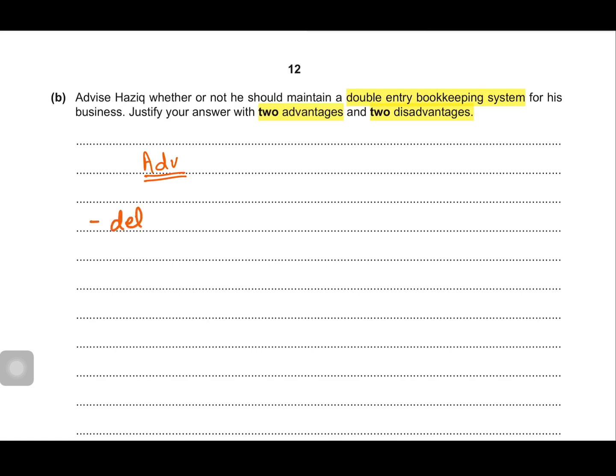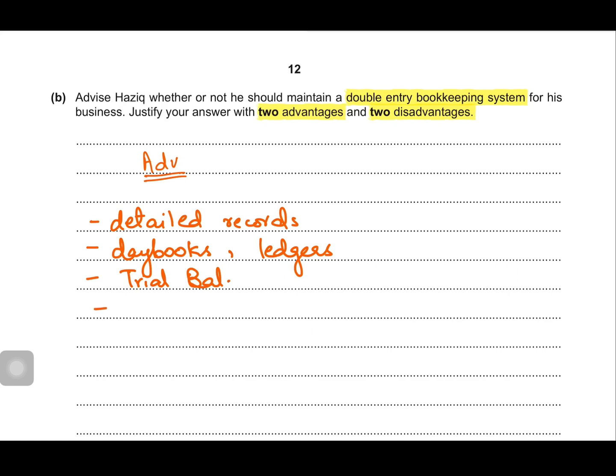Because there will be detailed records present for every account, and there will be of course the day books and the ledgers present in his business, which will facilitate him to prepare the T accounts, balance the T accounts, bring down the balances, and then prepare a trial balance for that, so that he can easily prepare the financial statements, right? Moreover, if he is following the detailed recording of transactions properly and in a detailed manner, so there will be